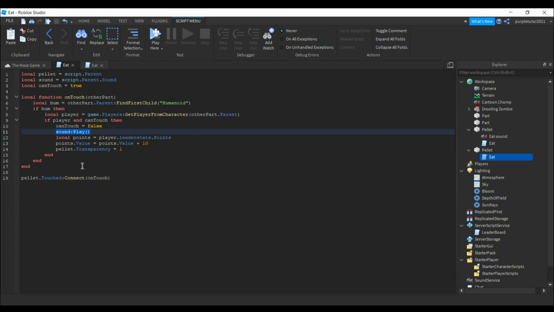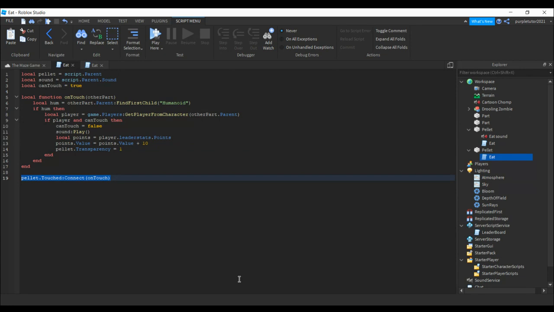Okay, and then the next change that we had done is if player and can touch. So we've added a can touch. So we have to check whether the player is present and whether it is touching the pellet. Now can touch has a boolean value which is true or false. Initially it is set to true, and only when that is being detected we will turn it back to false. Okay, and the sound will be played, then the scoreboard will be updated and the pellet will become invisible. So these are the changes that we have done